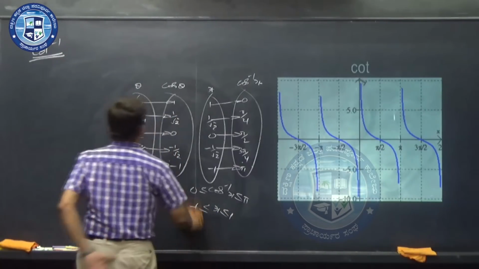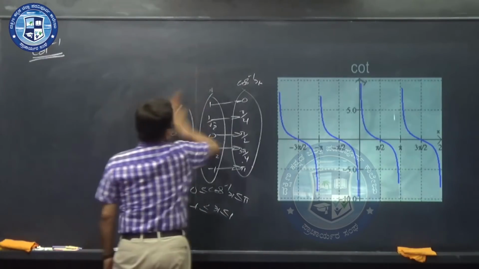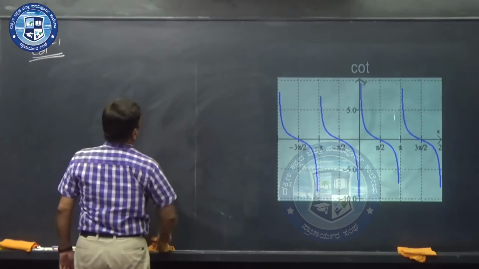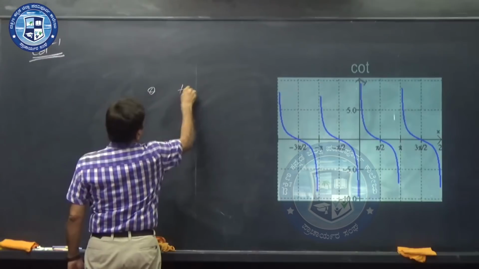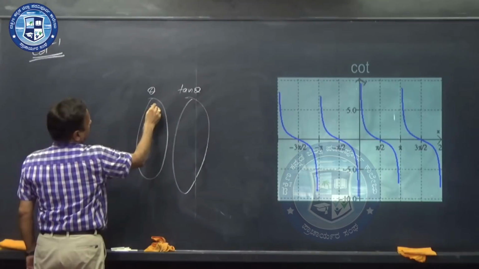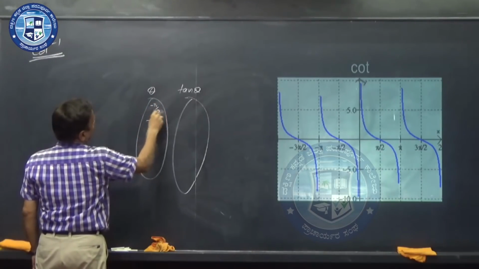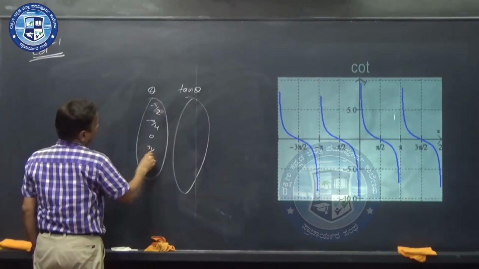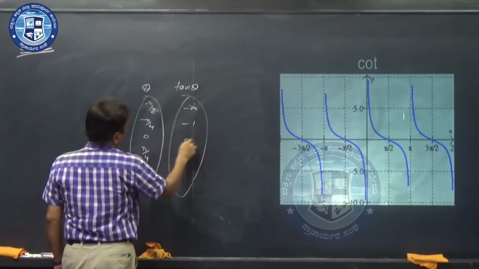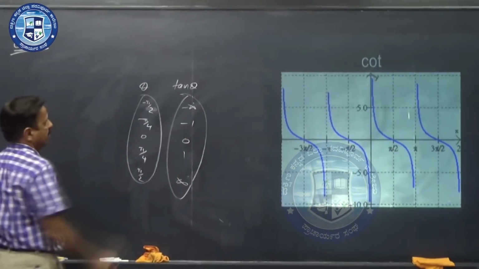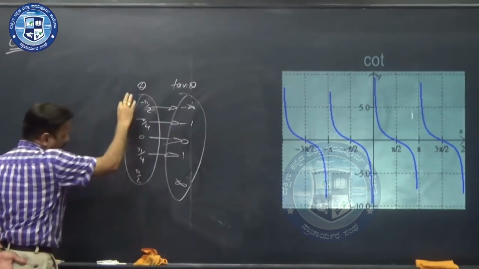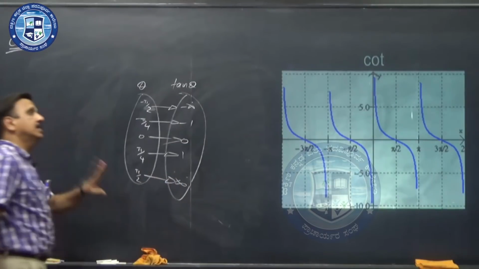In the same way, we go for tan. Tan function goes like this. Look at this tan function. So this is theta, this is tan theta, and if you take between minus pi by 2, minus pi by 4, and 0, pi by 4, and then pi by 2, here it is minus infinity, minus 1, 0, 1, infinity, and this is like this. If you take the values of theta like this, then it is bijective, and hence tan inverse exists.